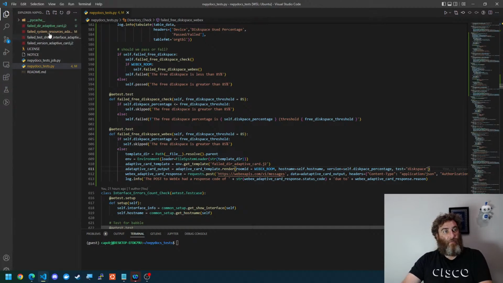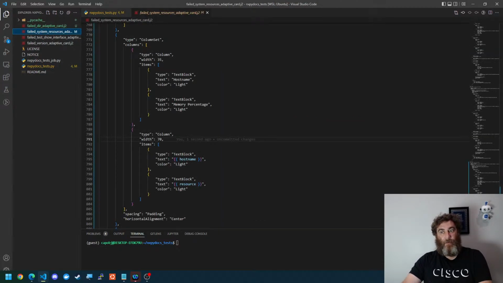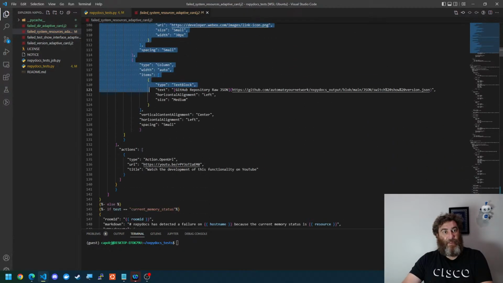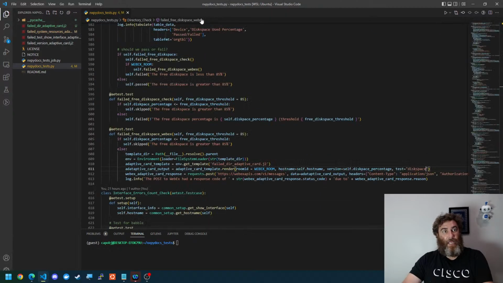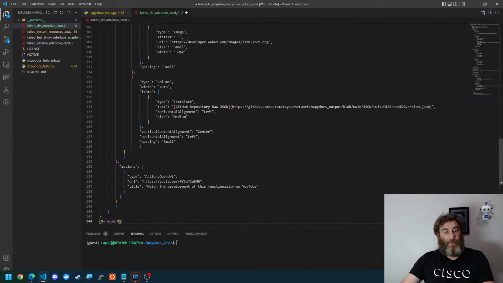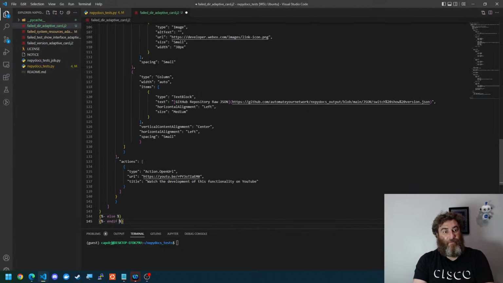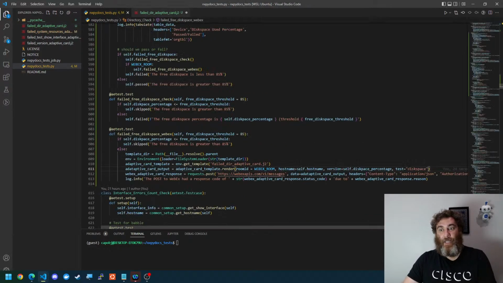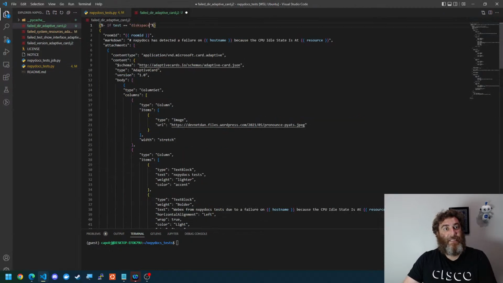Okay, so then we're going to take an existing adaptive card, and it doesn't matter which one. I'm going to rewrite it anyway. So just take this down to the else statement and head into our new template, paste that in, and add an end if, because I'm going to have another condition here in this adaptive card. So then, what did I call it? Disk space. So if the test equals disk space, we're going to say PyDocs has detected, right? So pass in the room ID. That triggers the WebEx to put it in the right room. And then we're going to have the host name of the device. So it has detected a failure on host name because